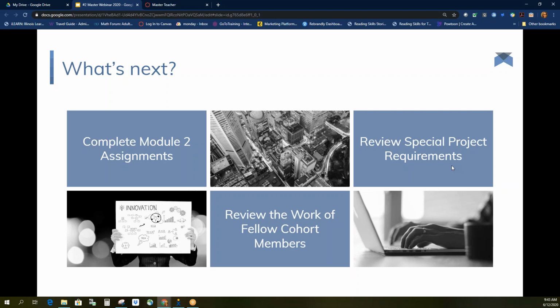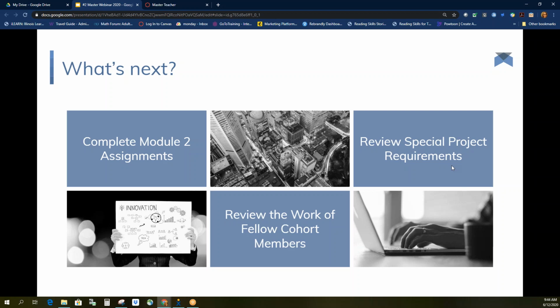We are also, as we just pointed out, reviewing the work of your fellow cohort members. That's the page that Amber just showed you, where you can go look at everybody else's submitted work. And then the special project, we just want to touch base about this real quickly. If you'll remember, the whole 3rd module is basically open for you to work on your special project. And I think most of you have completed the special project proposal, which is in Canvas.